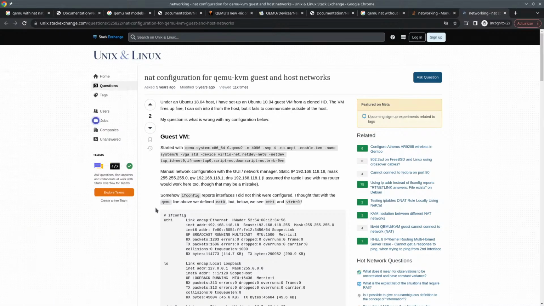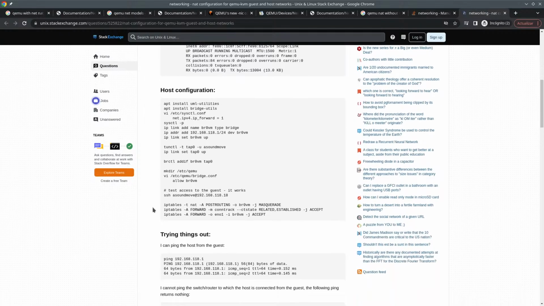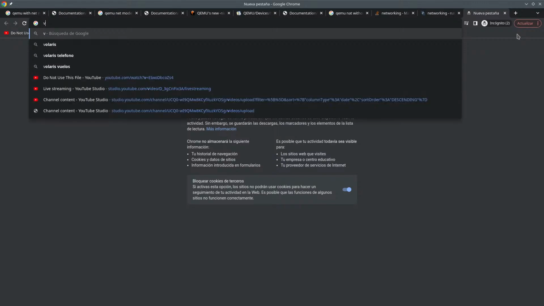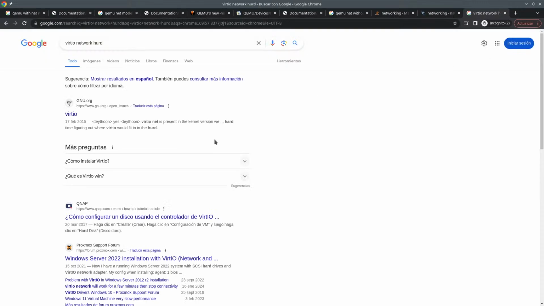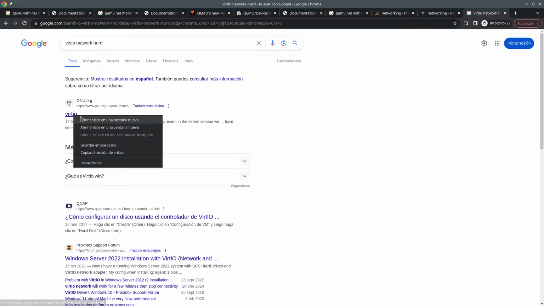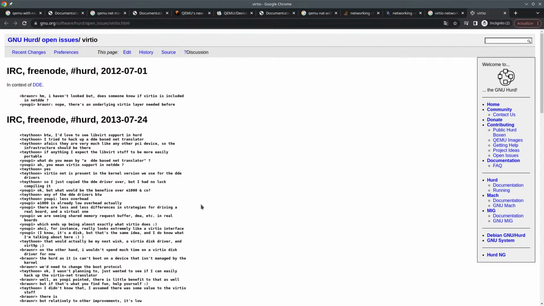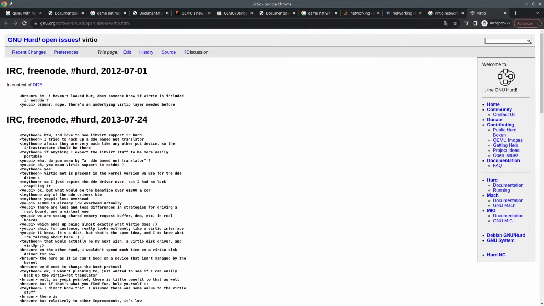But I think I have internet thanks to GRUB2. And so GRUB2 network Hurd. This does not work, isn't it? Open issues GRUB2. Yeah, and this is probably why they had the tap instead of... That's interesting.